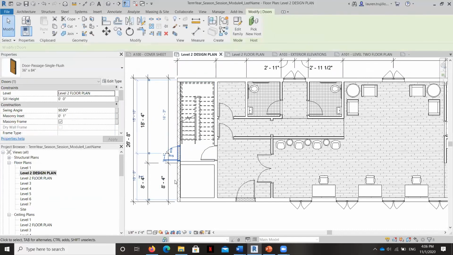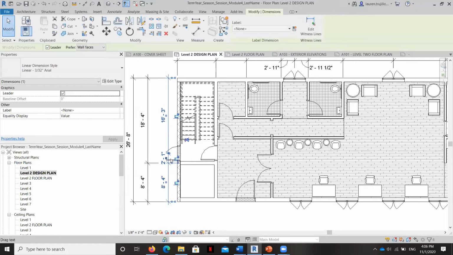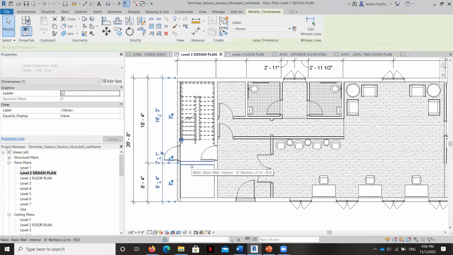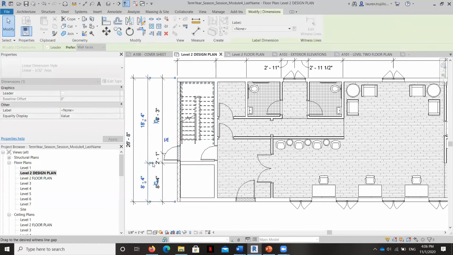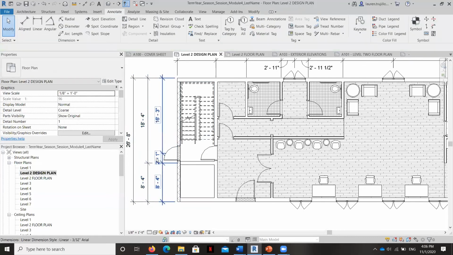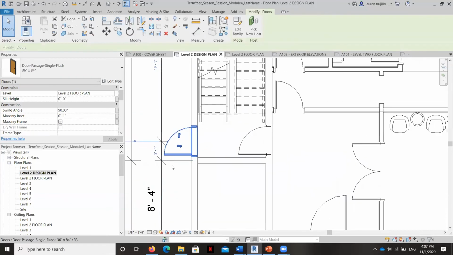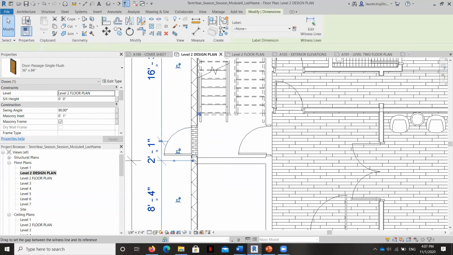And this one, I really don't want the dimension line to intersect with the door. And again, that's just good graphic standards. We don't want any overlap because overlap creates confusion. And that looks pretty good. I'm going to bring this one up just a little bit so it's not touching the wall.